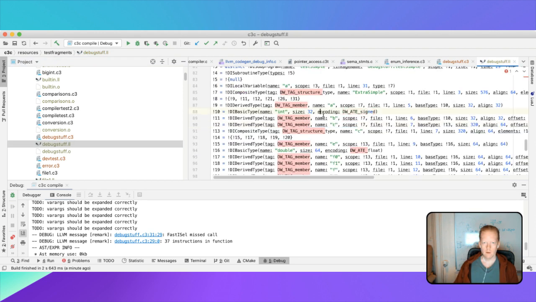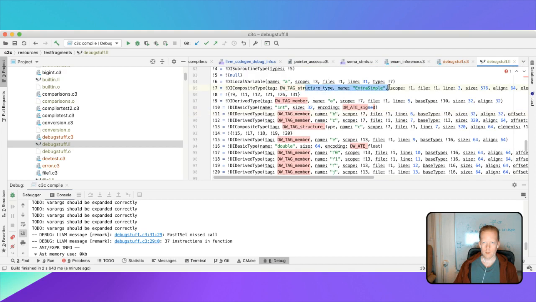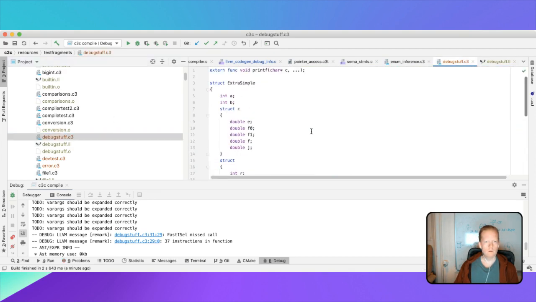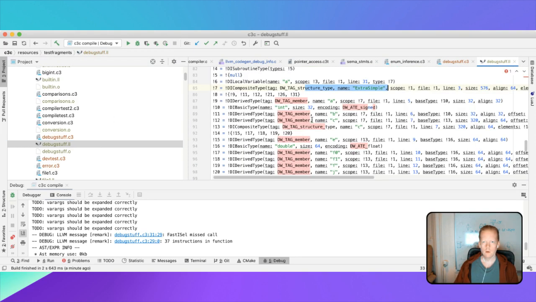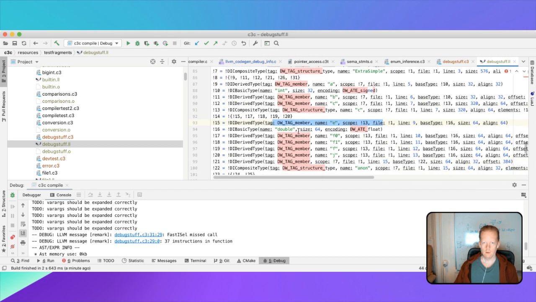So we have a structure which is called extra simple. Extra simple has a bunch of members, and we have a member here, and then a member here,